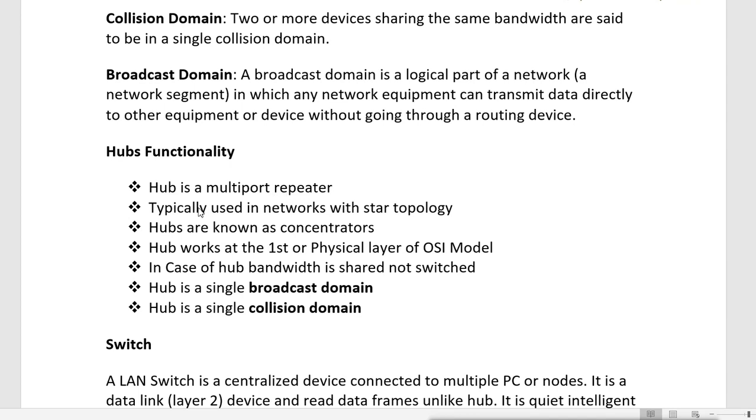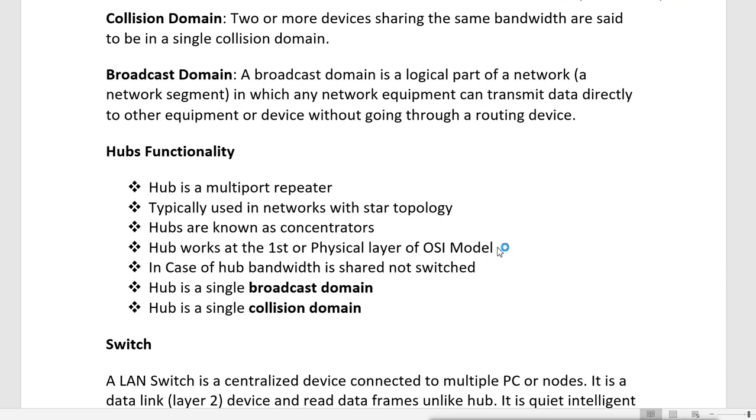It is typically used in a network with star topology. Physically it is a star, but it still works like a bus topology. Hubs are also known as concentrators, because they broadcast and amplify the data. A hub works at the first, physical layer of the OSI model, which has seven layers. In the case of a hub, bandwidth is shared, not switched.